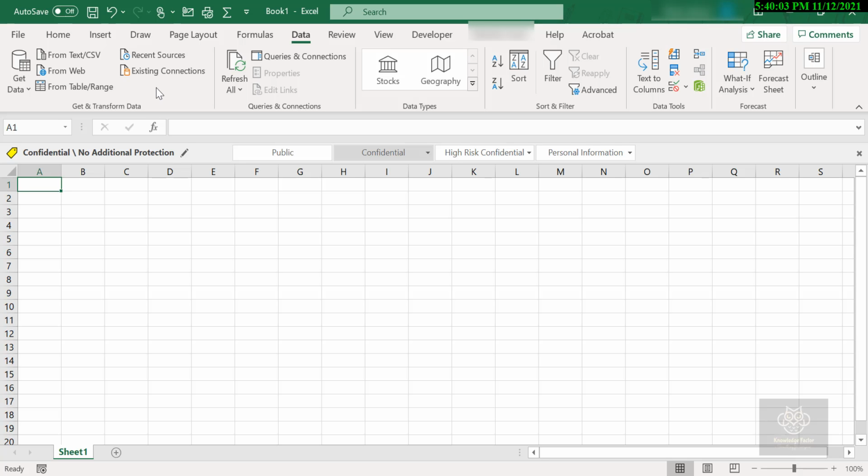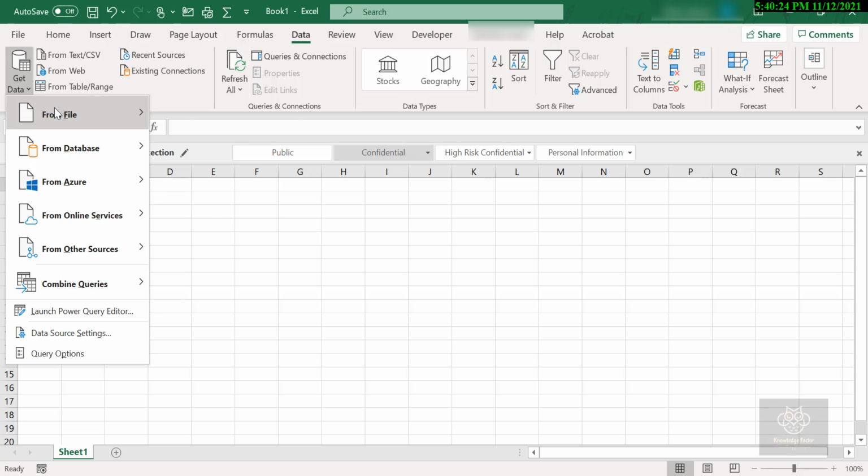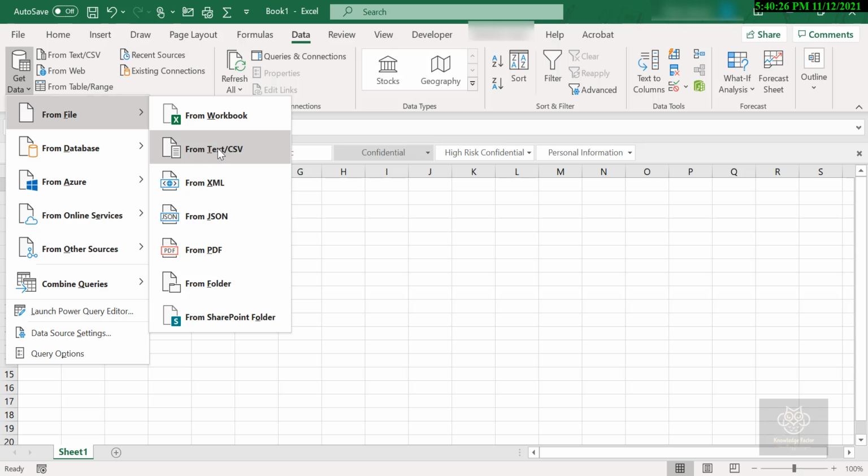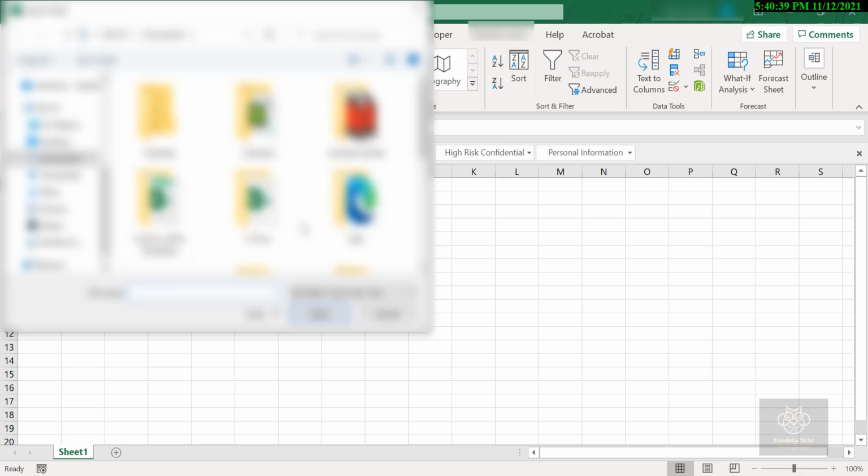Now, ultimately, once we start importing, this is going to take us into Excel Power Query, where we can do some additional transforming of the data if we like, or you can just load it and dump it directly into Excel. But now I'm going to go into Get Data, from File, from Text/CSV. I'll give that a click, and now this is going to ask me to navigate. I'll blur it out for a moment just so you can't watch me navigate my folders.